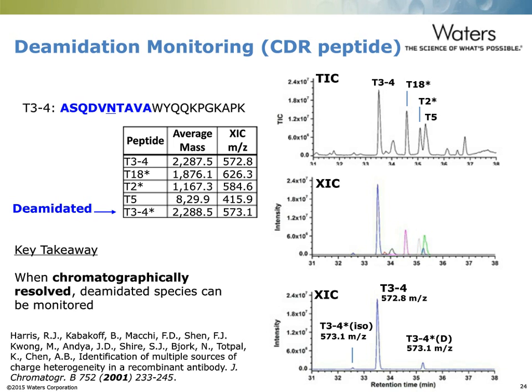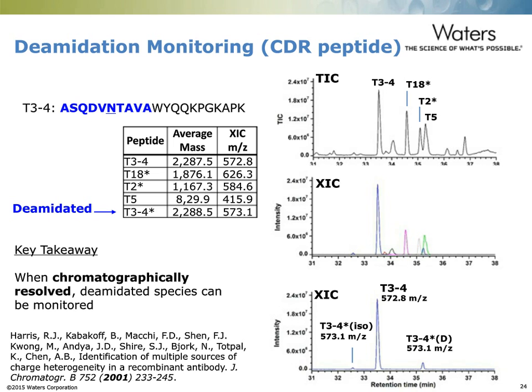Then we can generate extracted ion chromatograms for each of the peptides within that region, looking at the T34 peptide versus the T34 star peptide, which is the deamidated species. Looking at the extracted ion chromatogram,